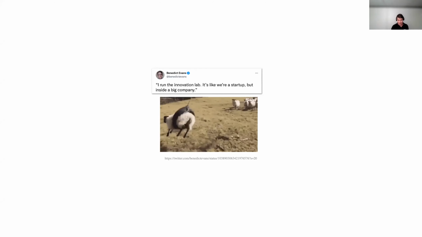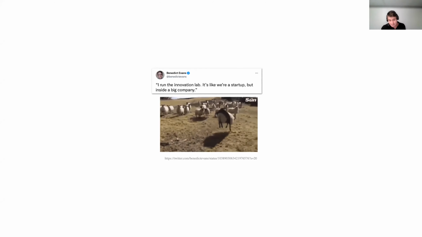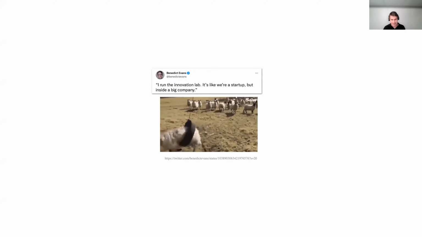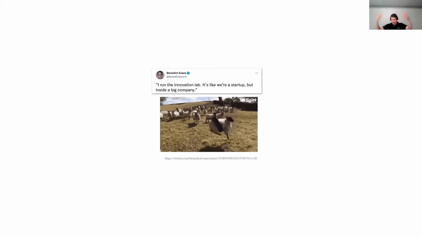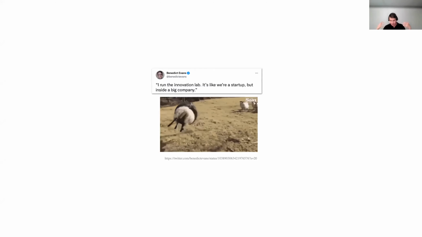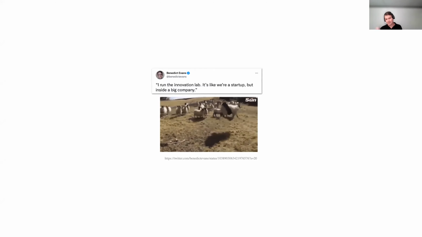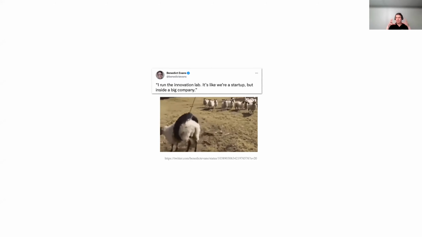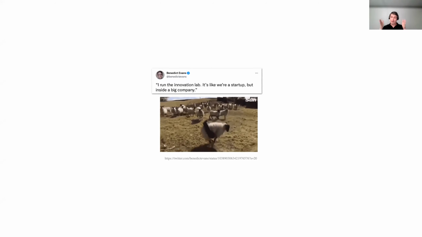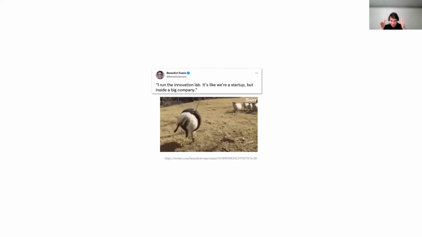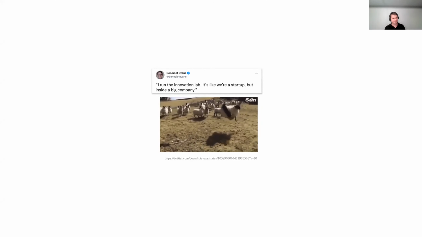This GIF, I like this GIF a lot, but the chip represents the innovation, the freedom, you want to be free and implement and test a lot of things you have in mind. And this tire and the rope is like the company policies holding you together and saying, nope, you're not going anywhere. You're in a big company and you have to perform within these constraints.